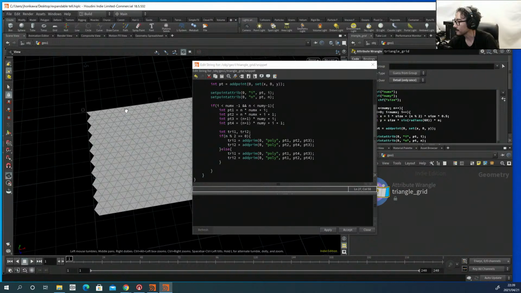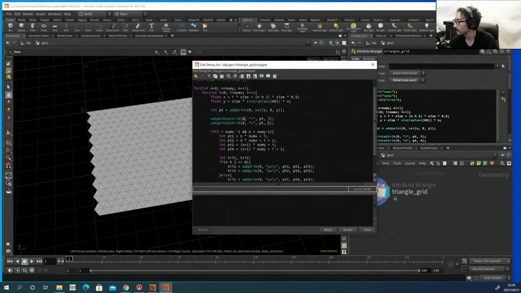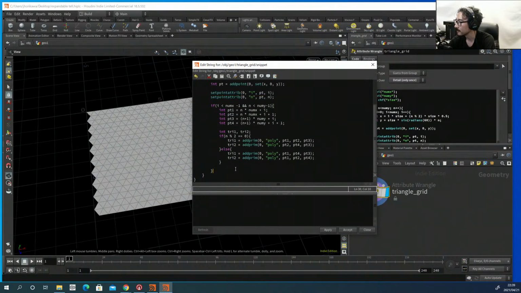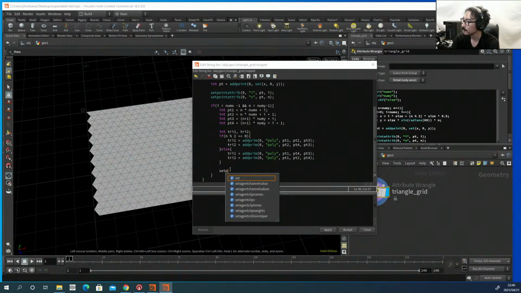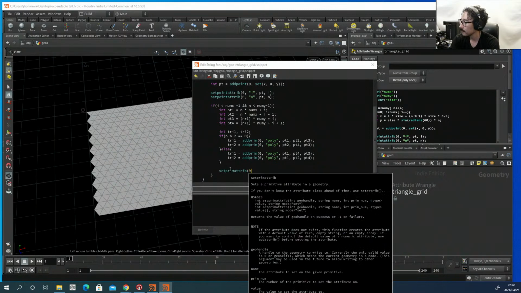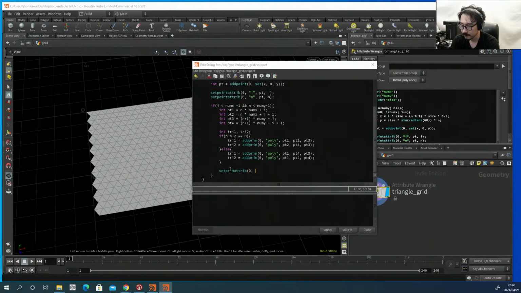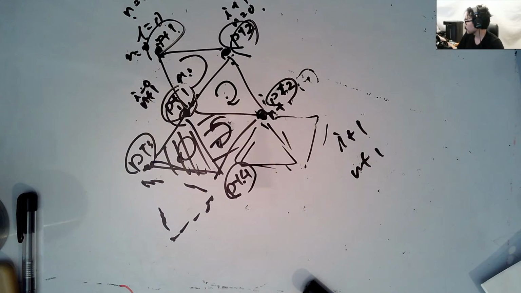Now, I would also like to set an attribute to these triangles in terms of the x direction value, which in this case is I, and the y directional value, which is n, which can be used later on. So in this case, I have 4 attributes to apply: I value for try 1 and try 2, and n value for try 1 and try 2. So set prim attrib k0 I to try 1 with a I. In the I direction, if we look at these,